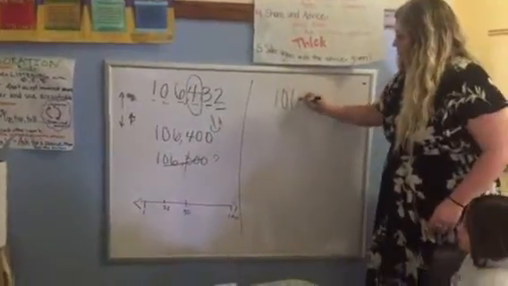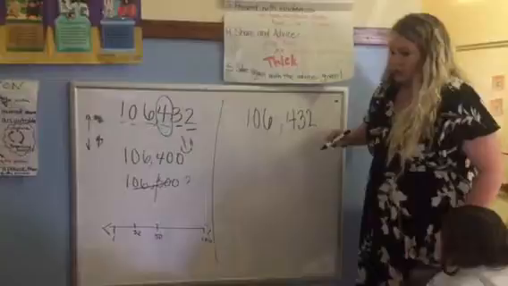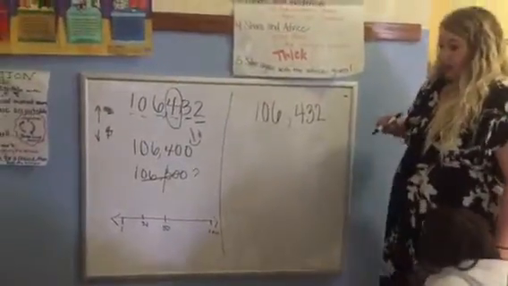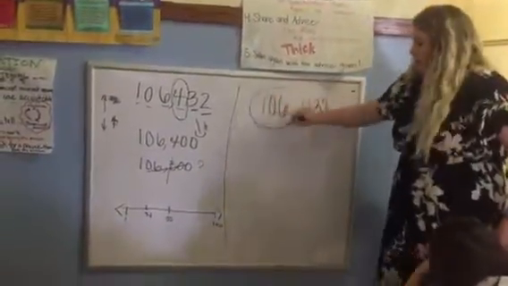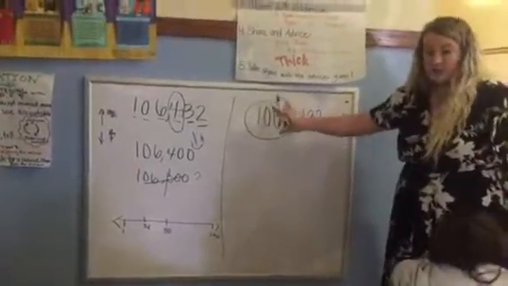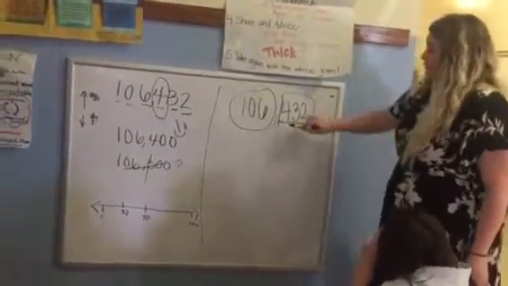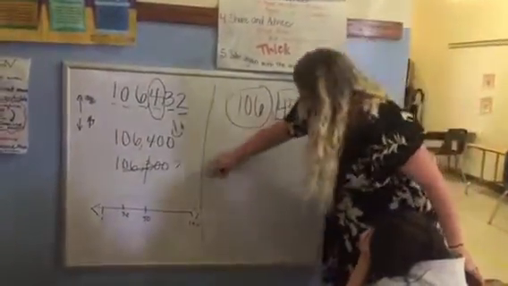106,432. We want to round to the nearest 100s place. We're not really looking at this thousands anymore. Get that out of your mind. It'll be there, but not right now. We're focusing on this number, 432. On a number line,